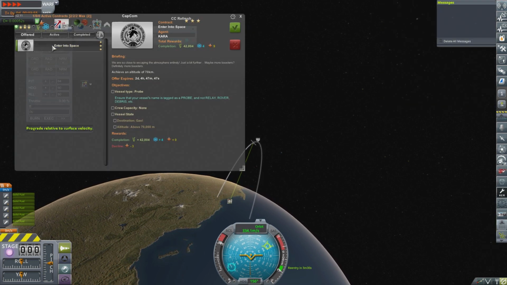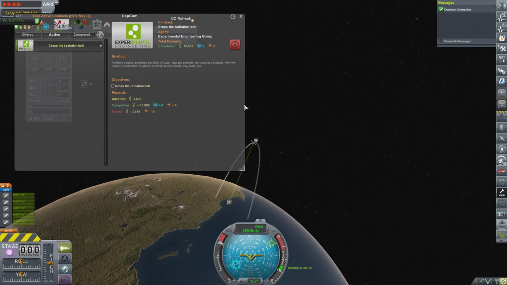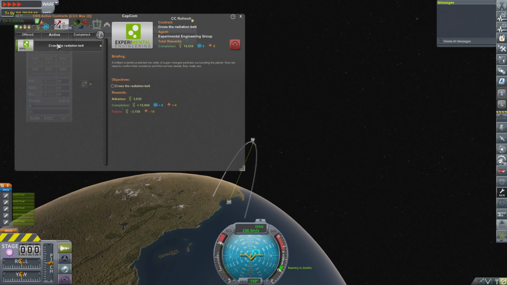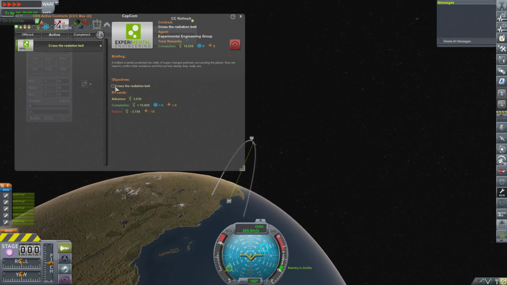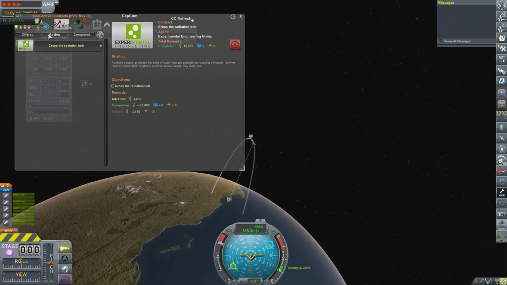Could we do this and quickly get this into space? I don't think it's going to give it to us. Oh, it did give us that one as well. I was able to get that one. That's going to save us a bit of time. So we've got the... It's just, can we get the radiation belt? I don't think we're high enough. We're going to have to get even higher to get the radiation belt